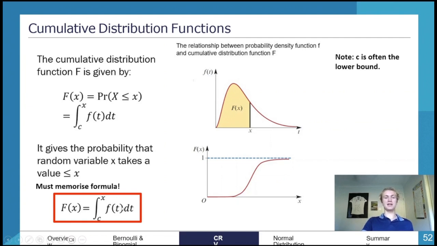So we make that f of t, and then we integrate in terms of dt. You'll see that in the steps of this next question I do, but essentially you've got to make sure it's in terms of t. Otherwise, it's going to get confusing. We have two x's, and your working out is going to be wrong. So just key things to memorize here: that formula and the fact that c is our lower bound. You are going to have to memorize that, unfortunately,